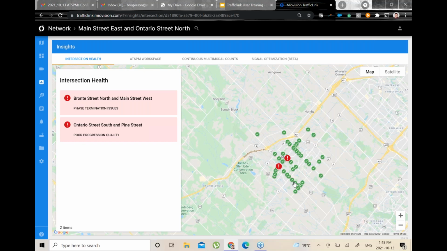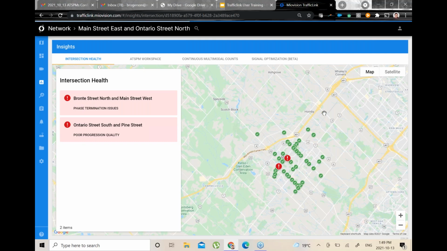So it has to be pretty persistent in the network as a problem, and it will highlight it in a way that it will be more visible, and then you can go and address those problems directly. That way, if you don't have the time to check through every chart, so you don't have the staff, just follow your intersection health alerts, look at what the data is telling you, maybe try and make a change to the intersection or a small tweak that may resolve the problem, and then in the next month, see if the data reflects that change. From there, what I love to do is show that change and that impact in the report card tool.